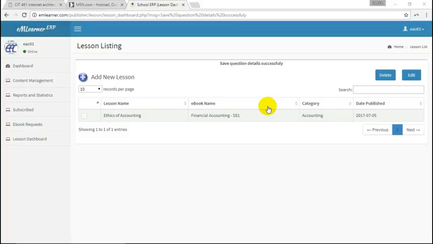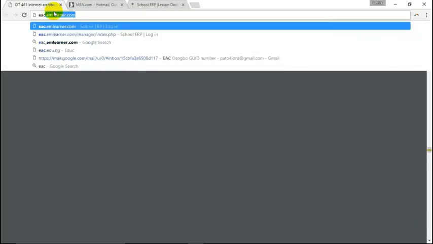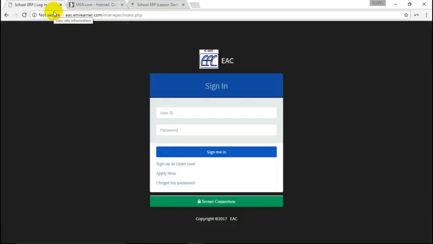Today we are going to the main platform itself, where you'll be dealing with students. The other one we were dealing with publishers. That was the relationship between publishers and the organization, schools. And so we're going to look at the main platform that will be issued to schools. This is strictly for EAC, meaning that all EAC students and teachers will be logged on here.